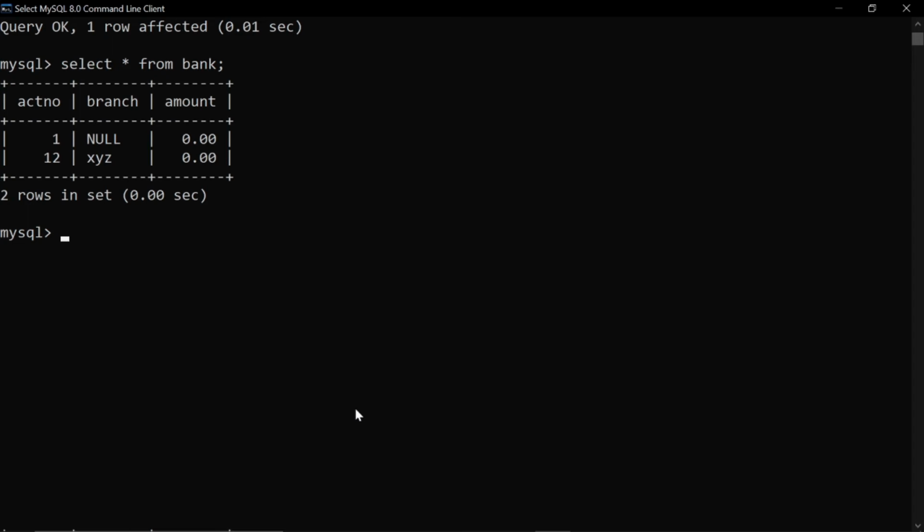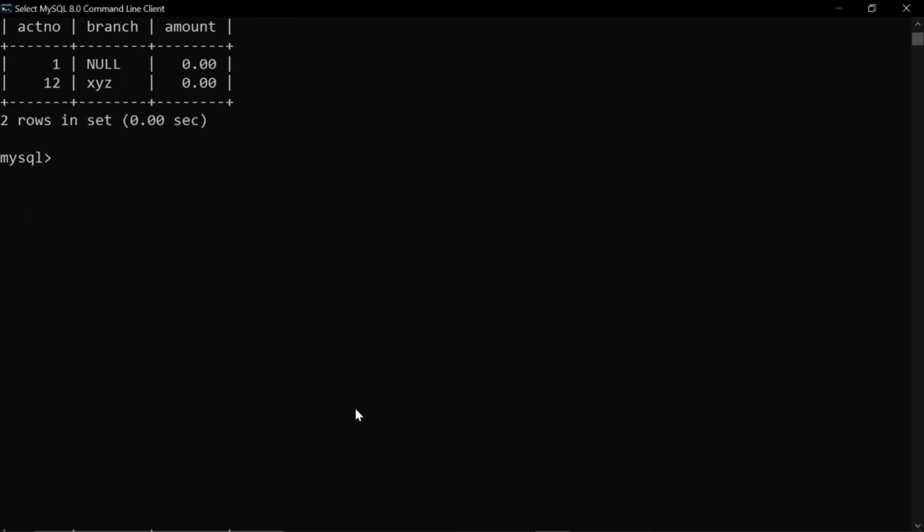So now suppose in a particular table, if we are inserting, in some of the banks it is compulsory that while creating your account you have to deposit some amount in it, or the account won't be accepted, right? So the condition is that your account deposit amount should be greater than zero, not equal to zero. Then this check constraint is used, that if your amount is not greater than zero, or it's equal to zero, then it will give you an error.